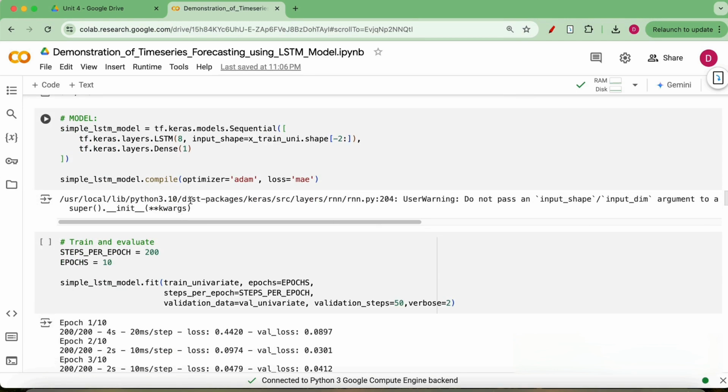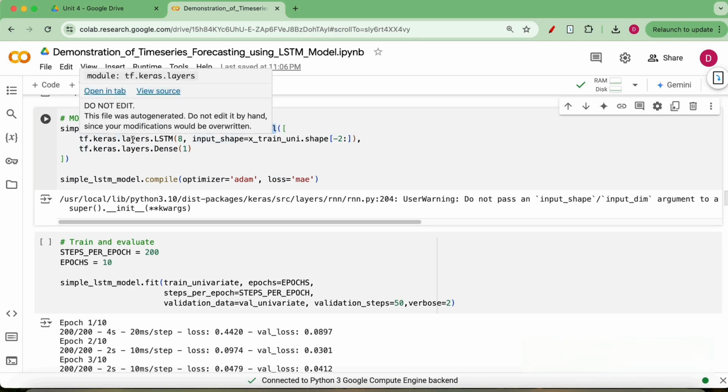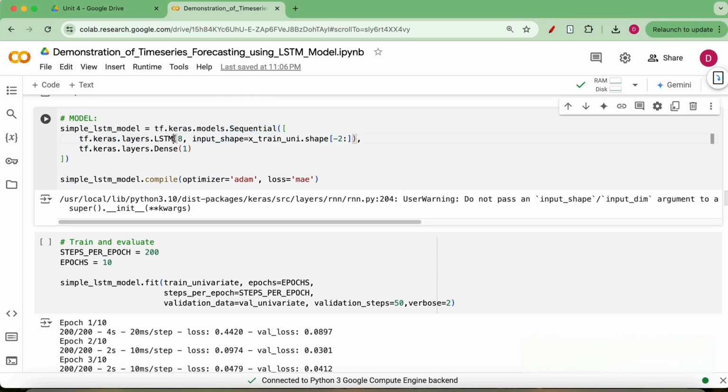Now here this is the main code, this is the main model where we are adding a sequential model. The TensorFlow Keras sequential model, where we can add the number of layers one by one. The output of one layer will be passed to the next layer. Now here the LSTM layer is added. In the LSTM there are a total of 8 hidden layers. Input shape is equal to the training shape,